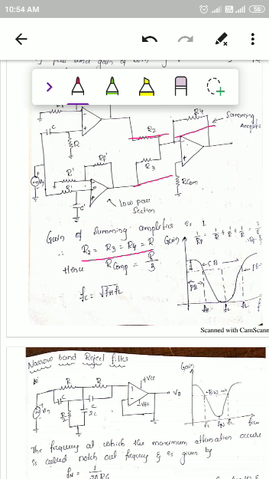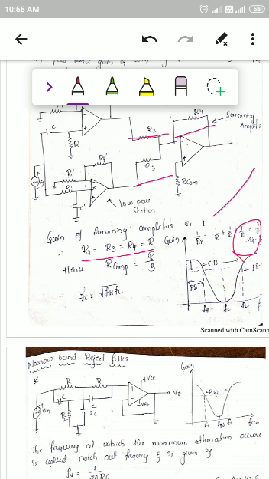Now you can calculate the parallel value of these resistances, as they are all in parallel. These two are in parallel, and that is in parallel with this. If you calculate the parallel resistance Rp, 1 by Rp is 1 by R plus 1 by R plus 1 by R, that is equal to 3 by R. So Rp is equal to R divided by 3.